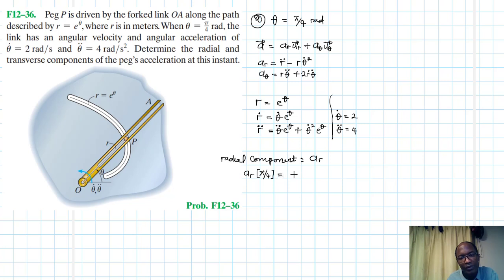This is equal to r double dot, which is the whole lot of this. So let's plug it in. It's a 4 there, then e to the power pi over 4, plus theta dot, which is 2 squared, then e to the power pi over 4, minus